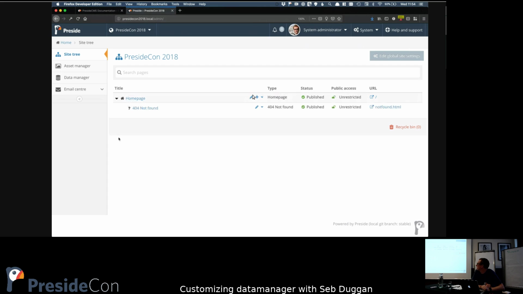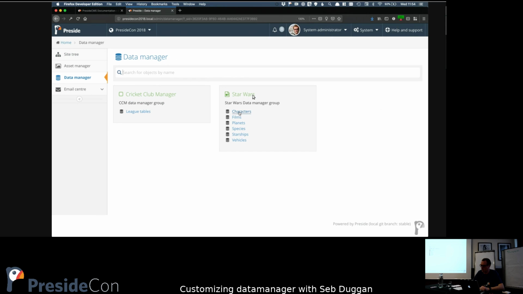I'm going to start off by showing a little demo with an old favourite, which is the extension which imports data from the Star Wars API, which gives you a nice bunch of data to work with. It's great for demos. So if we go into the data manager, we can see you've got a Star Wars group, a bunch of objects in here, and this is fairly basic. So if we look at the films listing here,